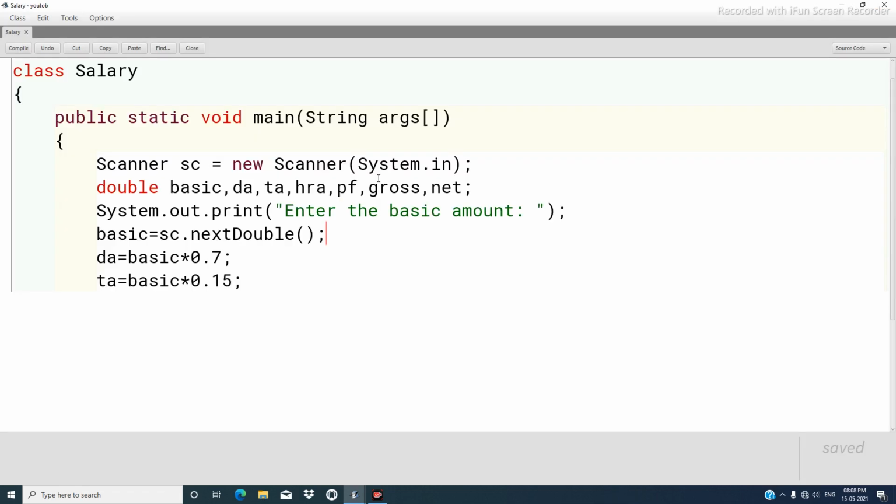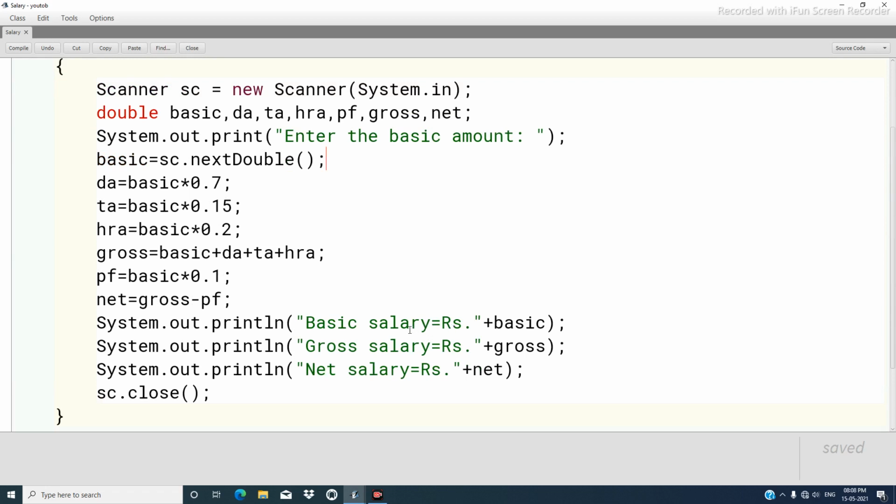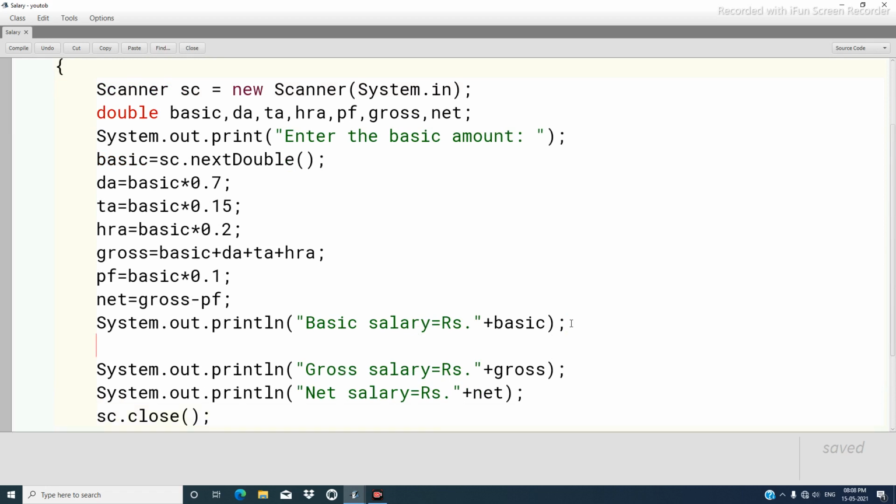Let us go to the program. So we will add a few more output statements. Here we have only displayed the basic salary, gross and the net. So likewise, we can also display the HRA and display the HRA.